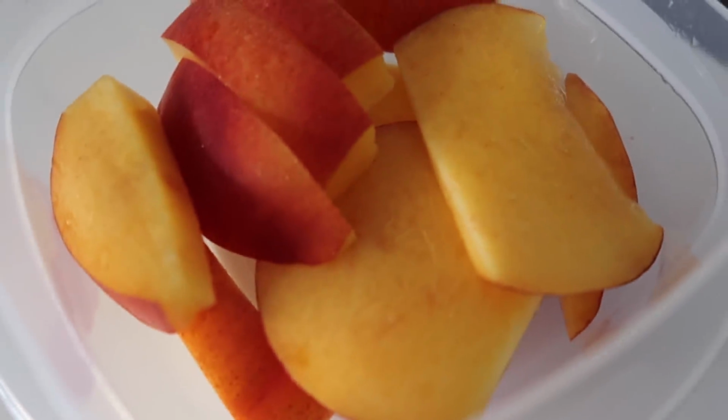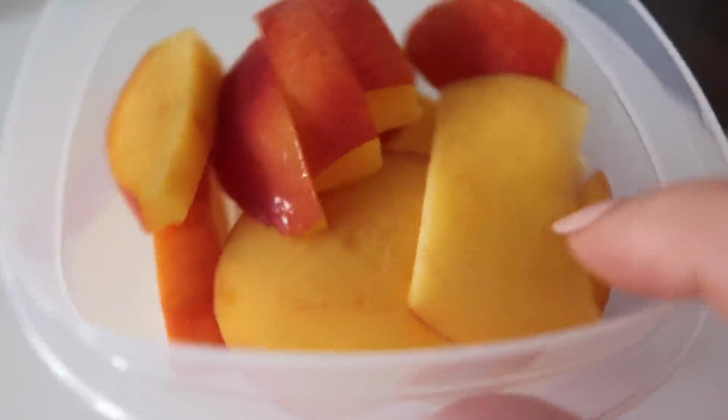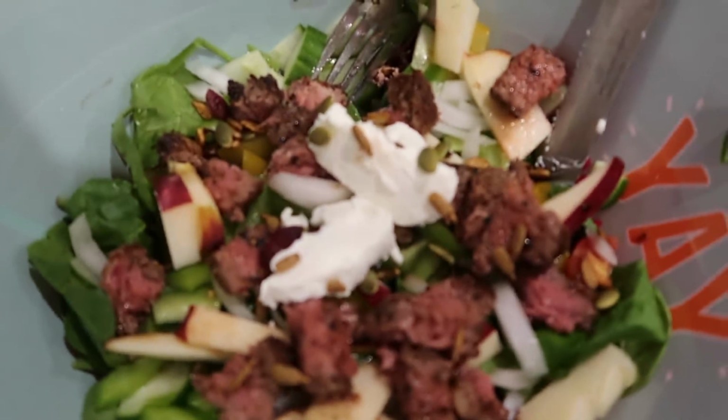Okay, I'm gonna eat this. I still have a few more carbs here because the bun that I have is only like 22 grams of carbs, so I have about 18 grams of carbs. After this, I think I'm gonna cut up the nectarine and eat that. All right,